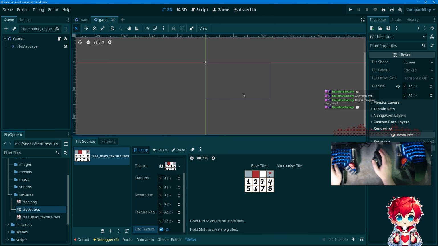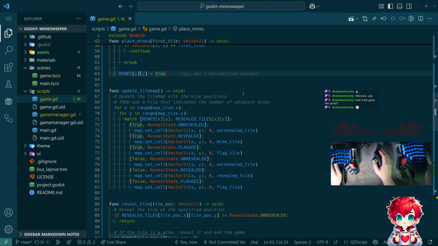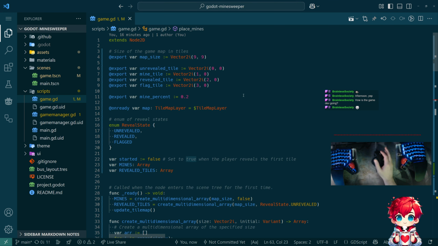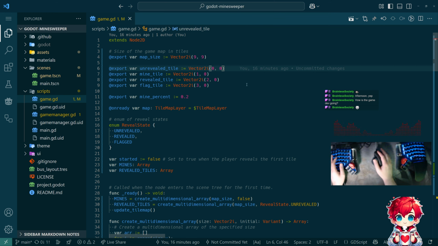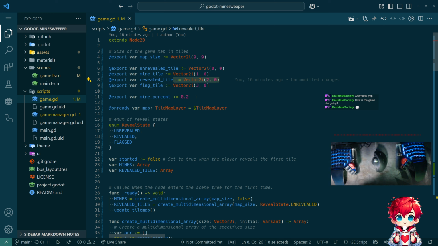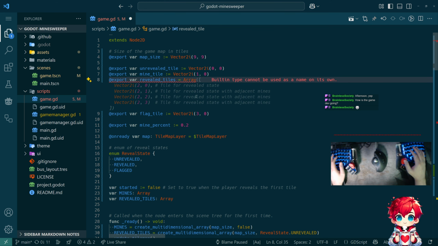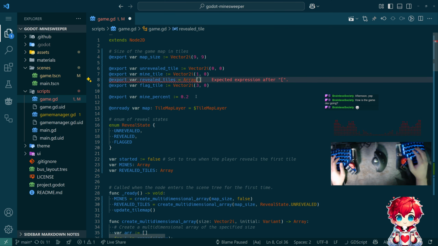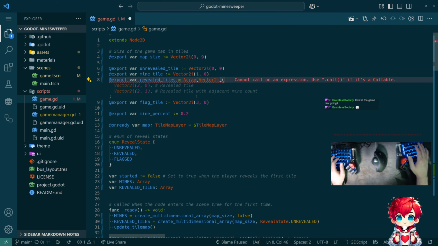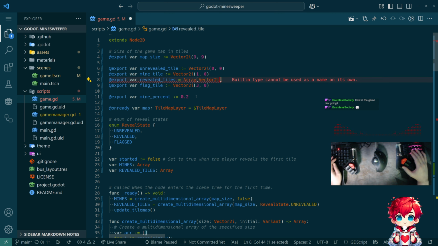How are we going to do this? I think what we'll do is in our code here, instead of having unrevealed tile, or no, revealed tile as being a thing, we're going to have revealed tiles be an array of Vector2i. That's not how you do that, right? You do like this,